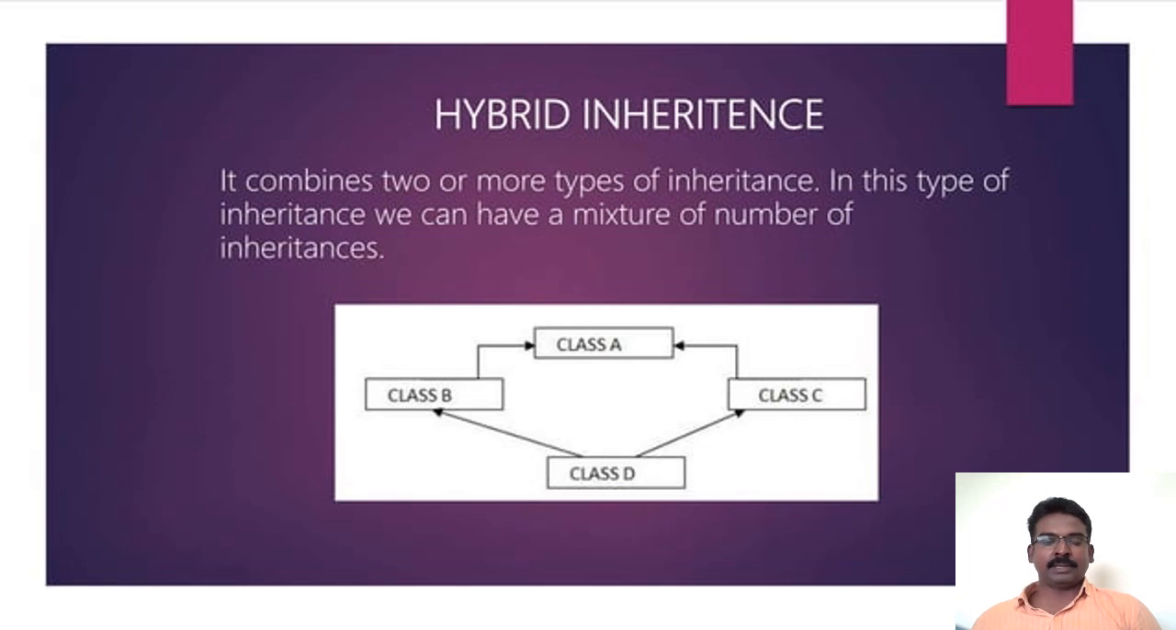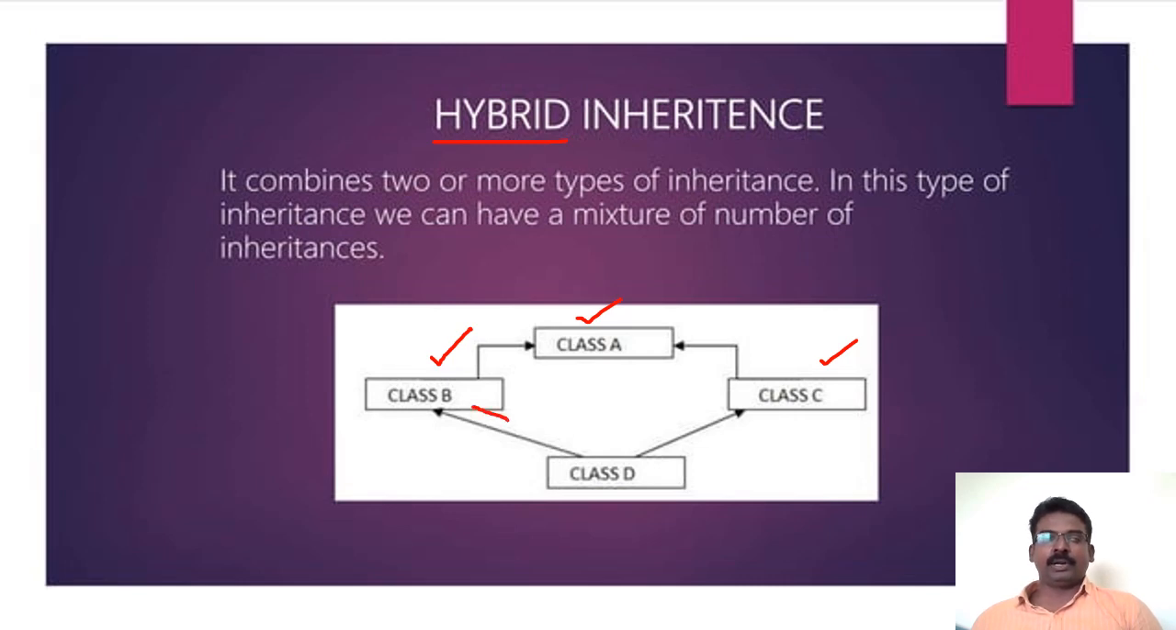Then hybrid. In general, hybrid is nothing but a fusion of two different characters or two different aspects. Here, in this section, two different inheritances are mixed together. You can see this. Here, from a single class, two different classes are derived. That is hierarchical, and then